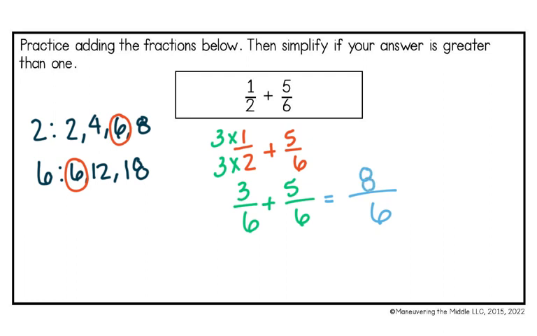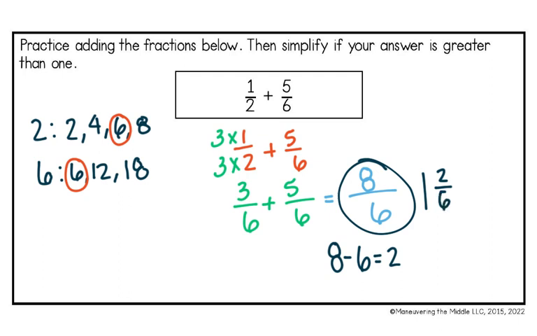Now this is what we call an improper fraction. So we need to change it into a mixed number. And how I'm going to do that is I know that 6 can go into 8 once, so that would be 1 whole. And I'm just simply going to subtract 8 minus 6, which is 2. So I know that I have 2/6 left over. Now you can leave it as 1 and 2/6. That is fine, but we can simplify even further because